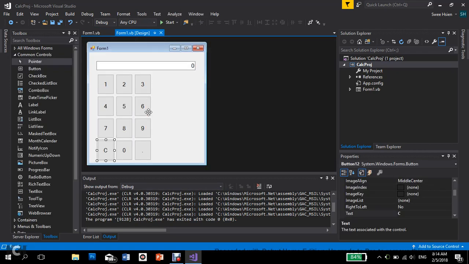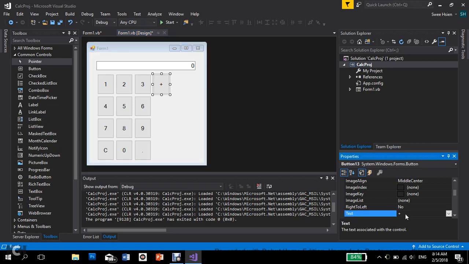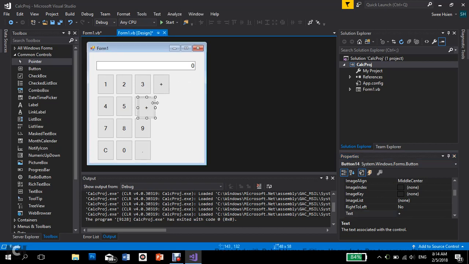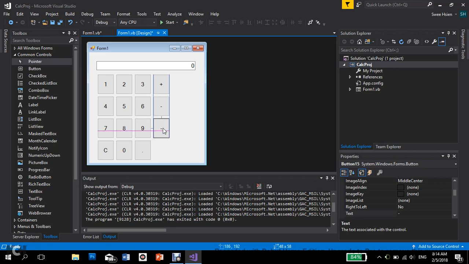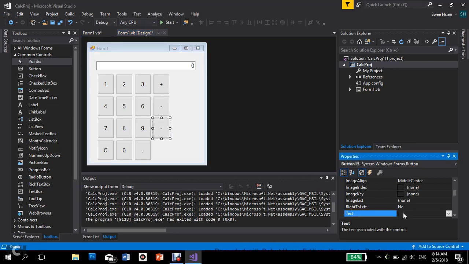Alright, just now we finished all the numbers. Decimal, of course, I've left it as a challenge for you. Now let's move on to the operations. They are almost the same. So let's just start with a plus, addition, and after that, of course, we have the subtraction. Then you have the multiplication and division. Of course, these are just some basics. For multiplication, normally we can put an X, and